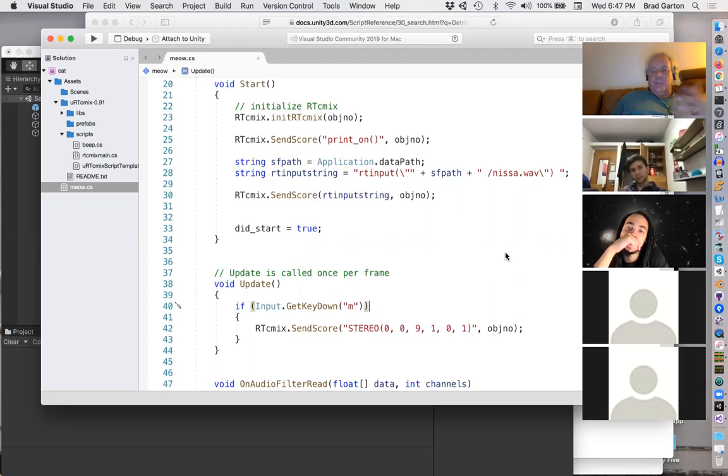And that becomes an issue when you start building a large Unity project, because you're going to push the limits of what your computers can do. So you have to explicitly turn it on in the Unity version. It's turned on by default in the standalone versions of RTcmix. All right, so we turn on the print, but if we run it now, I'll tell you right now,